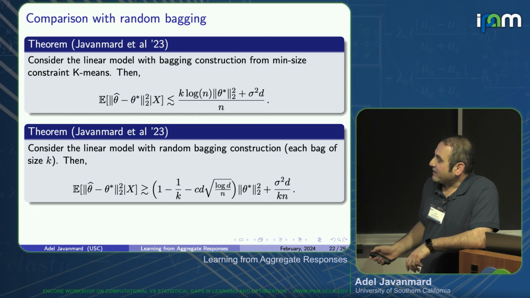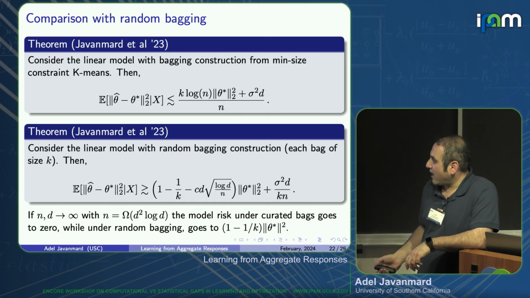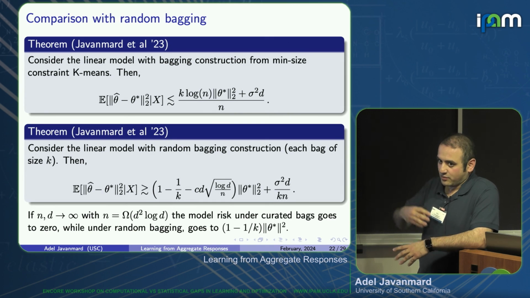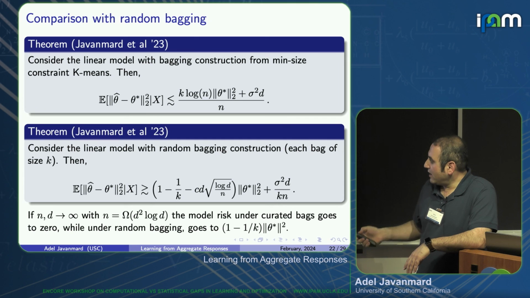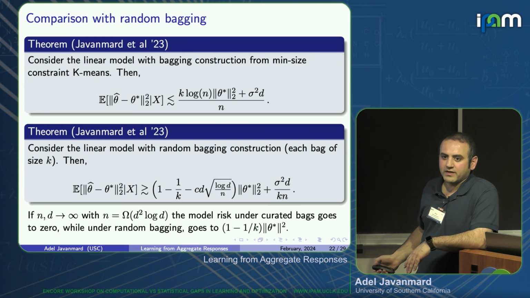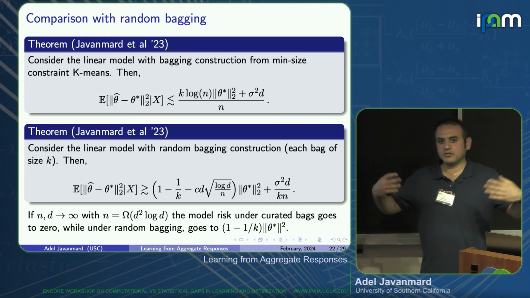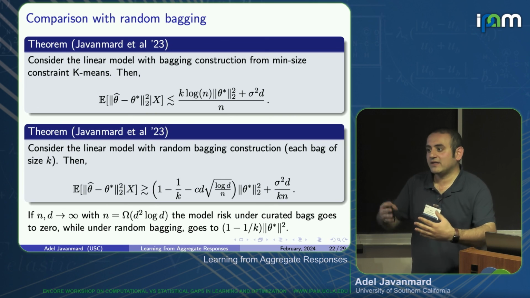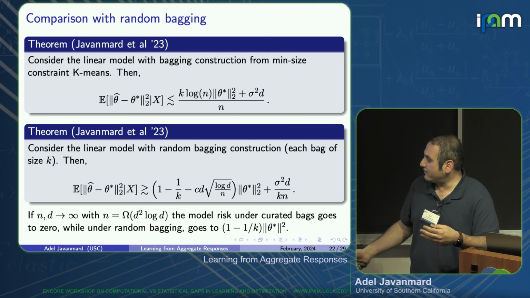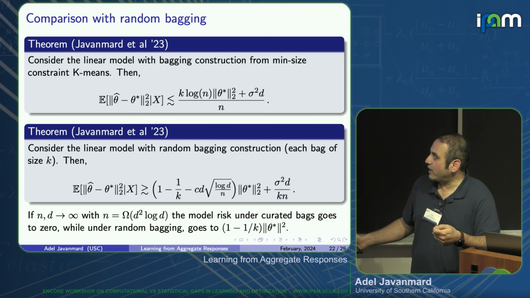But if you go with the random bagging construction, we get this lower bound. So this would be the bias and the variance. And in this lower bound, no matter how many samples you have, so if n is growing much, much larger than d and k, this term goes to 0, but this term goes to (1 - 1/k) theta squared. So you always have a bias. If you do the random bagging, no matter how much you increase the number of samples, because you don't actively try to minimize the bias, you always have this bias term. And so your risk doesn't go to 0. But with this one, the risk can go to 0 as you increase it. Okay, sounds good?